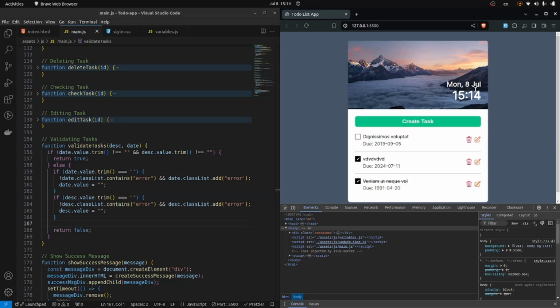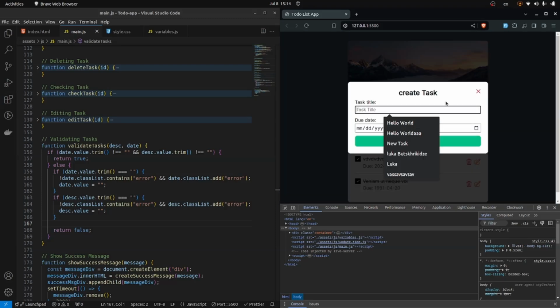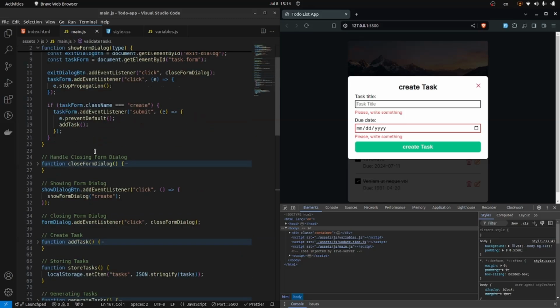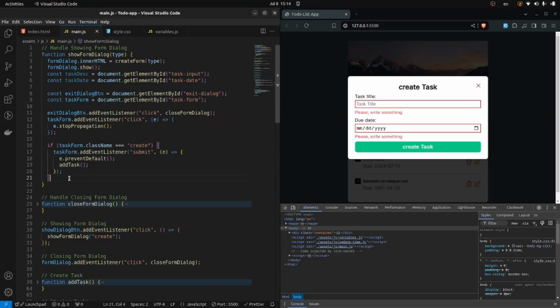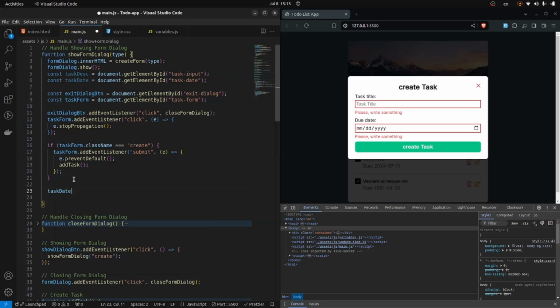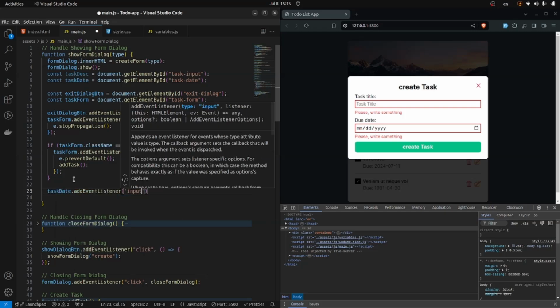Okay. After that, what I want to change is that when we click create task and there error occurs, when I write something, this error does not go away and it's still here. To change it, let's add event listener right here to this task description and task date. Let's make sure to declare these variables here also. So task date.addEventListener. It's going to be input, and